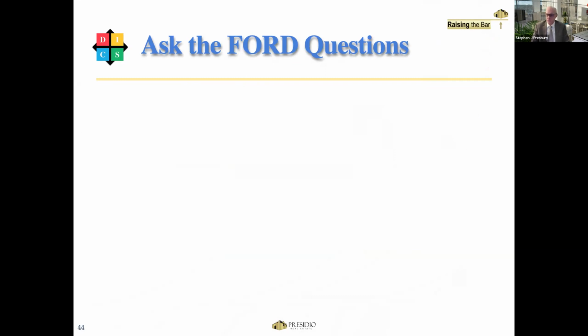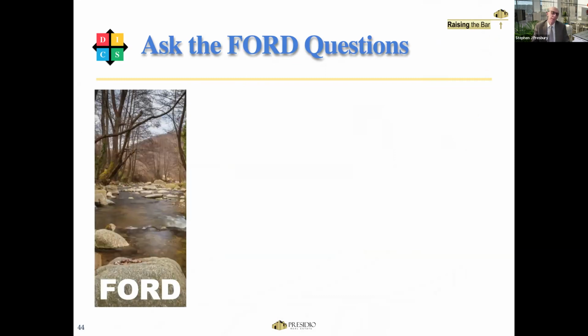All right, see if we can learn something then. So I'm not talking about the Ford truck, I'm talking about the Ford, the stream ford. Do you use that over here? I think you do. In England, we use that as the ford. You know, it's a little stream with some rocks in there. That's called a ford. And I want you to think about this, because this is really important, particularly those of